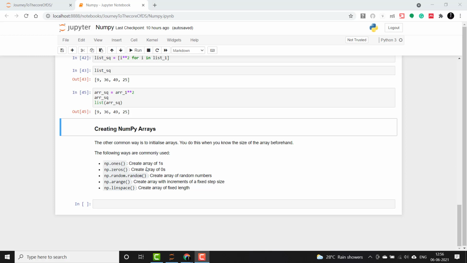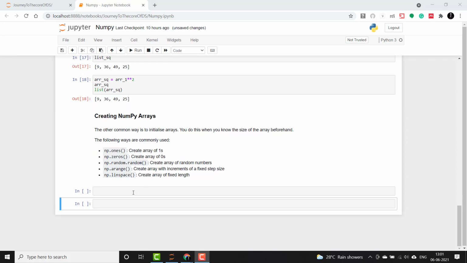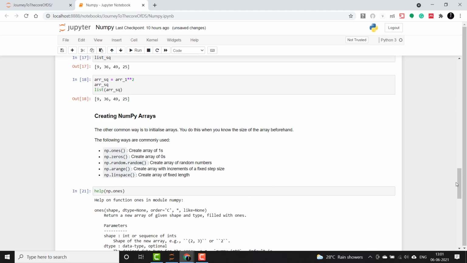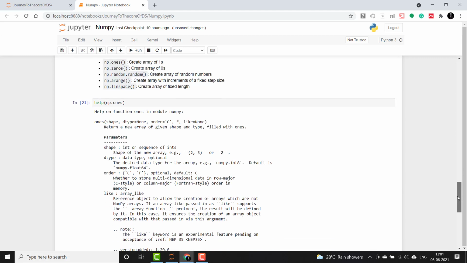np.ones creates an array of ones, np.zeros creates an array of zeros, np.random.random creates an array of random numbers, np.arange will create an array with increments of a fixed step size, and np.linspace will create an array of fixed length. So we'll check out these functions one by one now. So guys, we will check now how np.ones operates. For any help, you can always refer to help np.ones, and it will give you the syntax of how to write the function. Okay, so it will take a shape inside it, and the default data type is